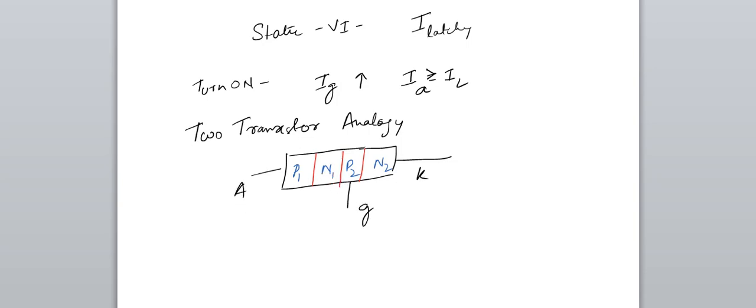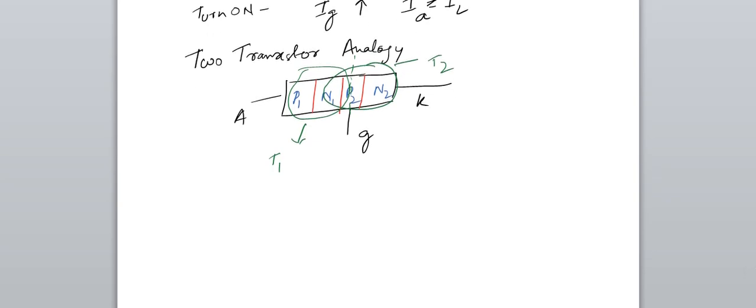Right now, if you can see here, these three, P, N, P, will give you one transistor T1, and the other, that is NPN, will give you another transistor T2. To see this, I am just separating the P2 layer into half, and we can identify it as two transistors.